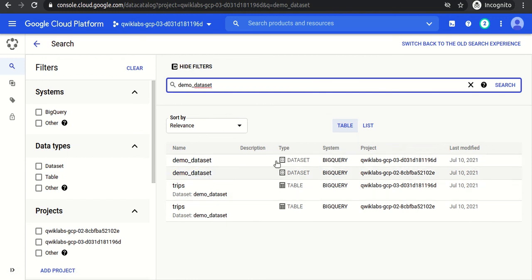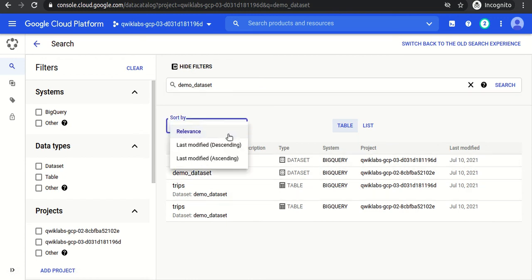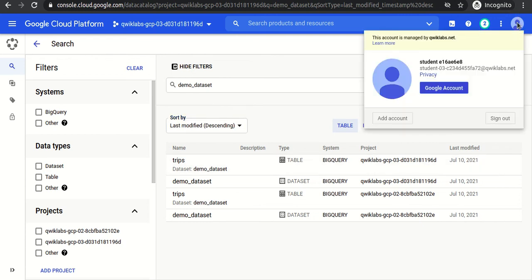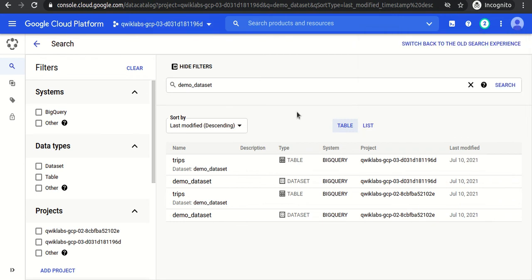I'm not sure why it is coming up as last modified. Okay, so this is the last modified, because I have created it earlier as well, so that's why it is showing twice. But for different projects, the current project is 81196D. So we will use this only.